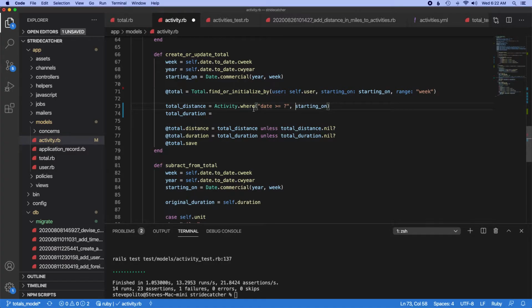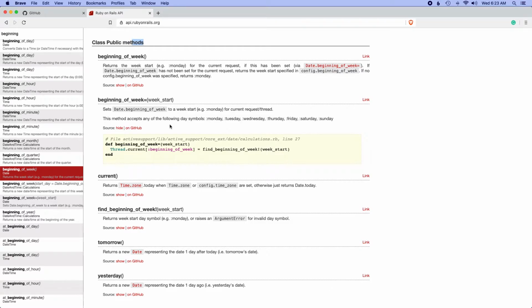So we need to find all activities where the date is greater than that, but the date also needs to be less than or equal to, so we want to get the end of the week basically, which would be